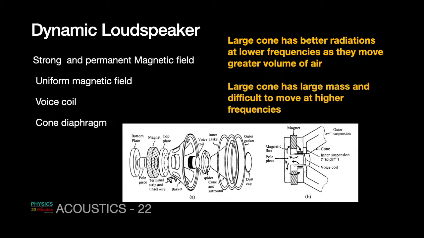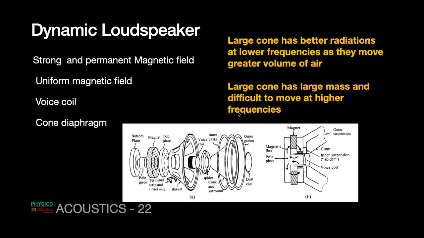This is the central magnet. These are the cross sections of the ring magnet. This is the coil. This is the cone, spider, etc. Last class we discussed that the large cone has better radiation at low frequencies as it moves a greater volume of air. So if the cone diameter is large, at any time the cross sectional area is large, and therefore the volume of the air